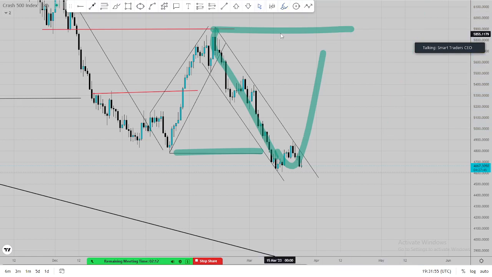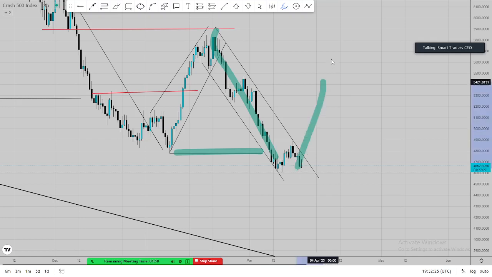But if ever it doesn't take out, it's still fine, but we still expect a retracement after every full move. The full move is from this level up until we take out the lows. After we take out the lows, we expect retracement. So this retracement, how far it's going to go, it can go as far as it can go. The maximum level here that it can reach is this lower high resistance, right? That's the maximum level.